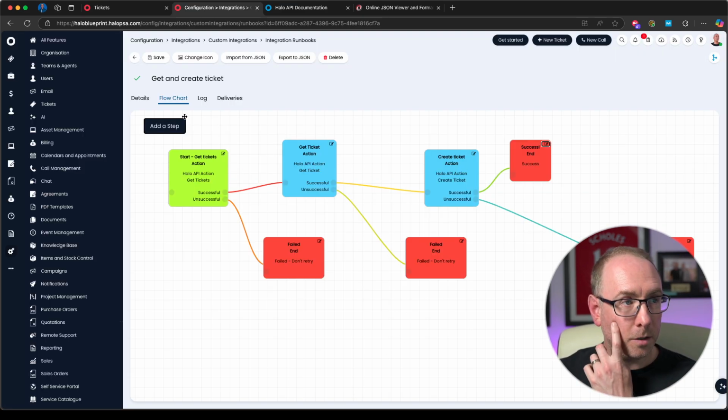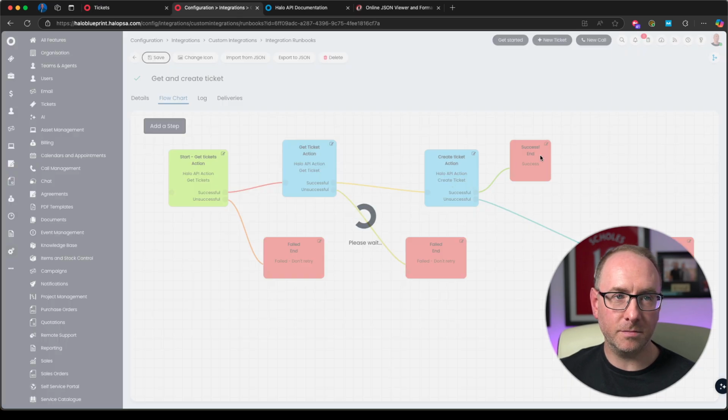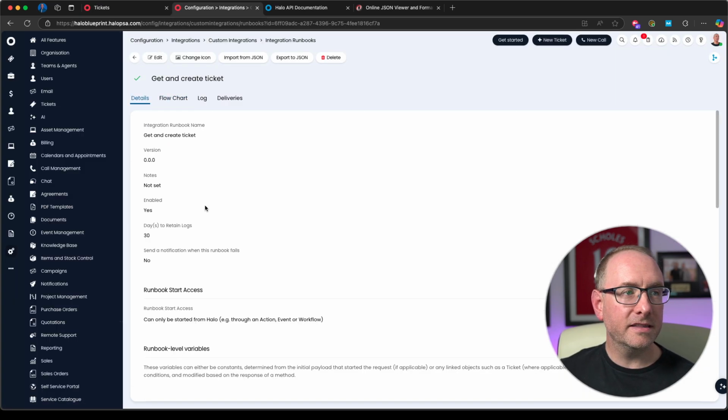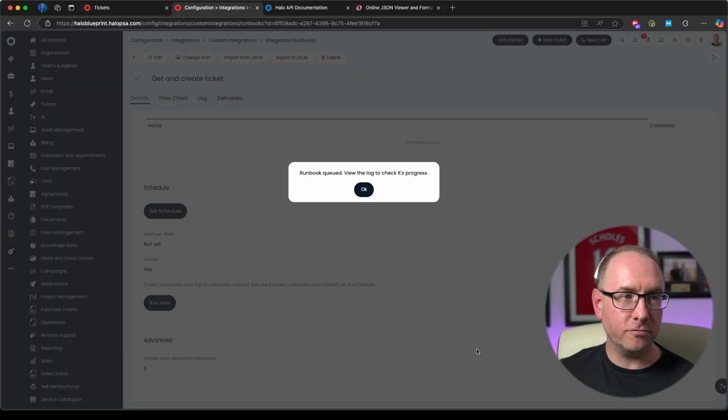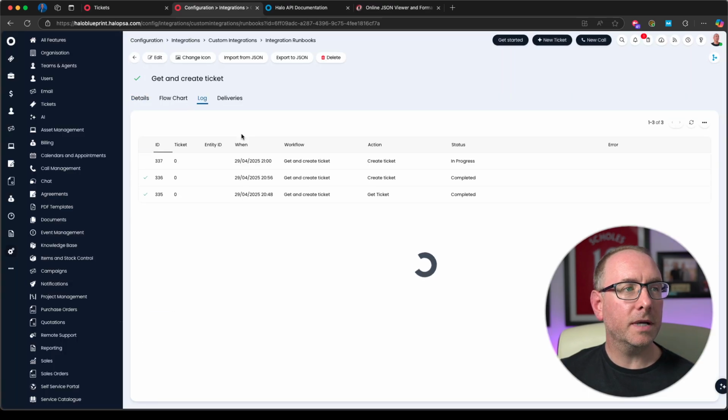So we've got our completed runbook with each step. It's going to get tickets. It's going to get the 5 tickets that contain Outlook. It's going to get the first ticket and return that. And it's going to use the output variable from our first step to create a new ticket in the final step before finishing. And this is still basic, but if we hit run now, back into the log,